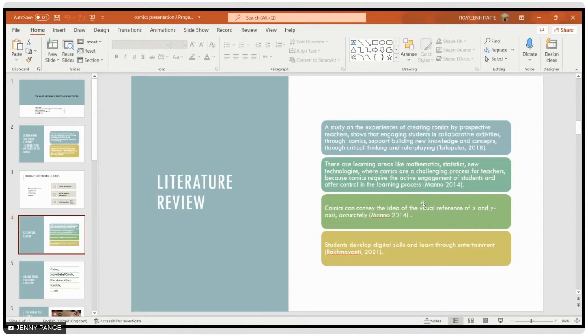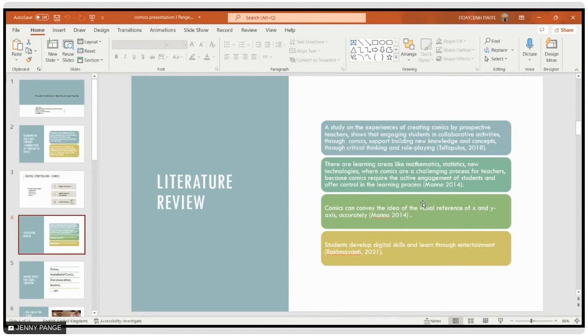One of the big advantages of comics, I think, is that they offer control, because in digital technologies we need to have control in the learning process. And these digital technologies also provide great support for mathematics and statistics.